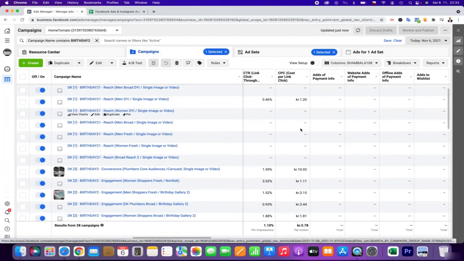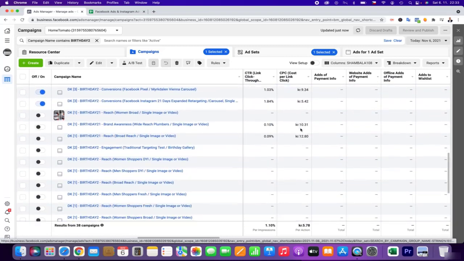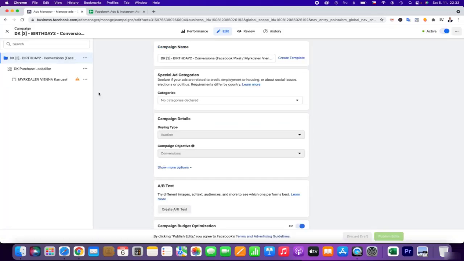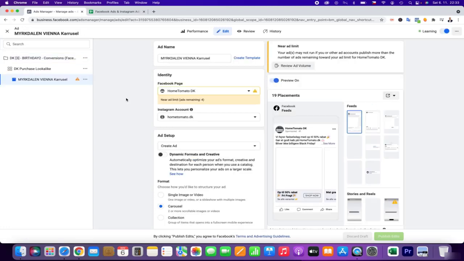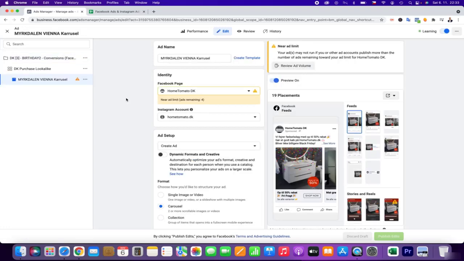The same with this one, it was not really doing well. The link clicks were really bad, so I did update it, especially the first picture, to give it some more freshness.